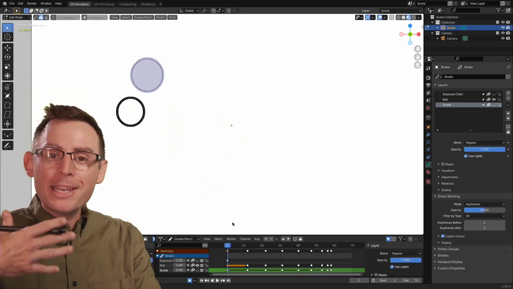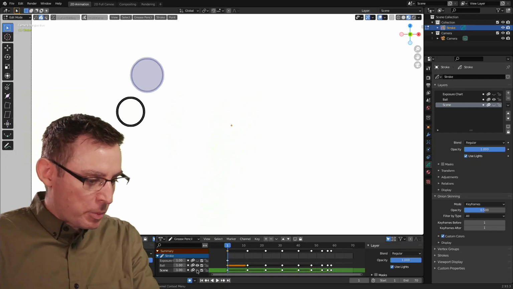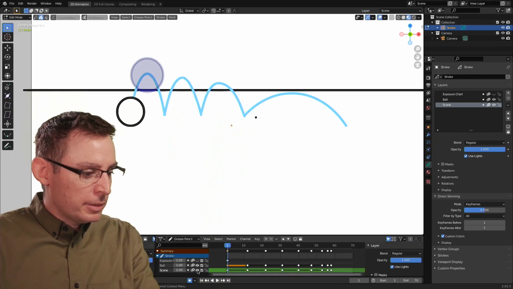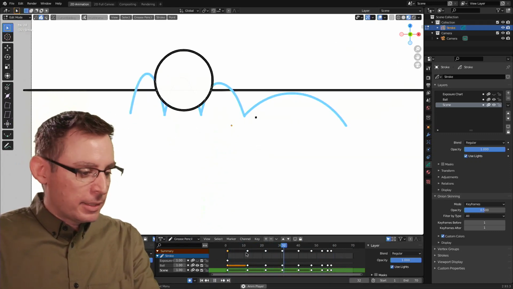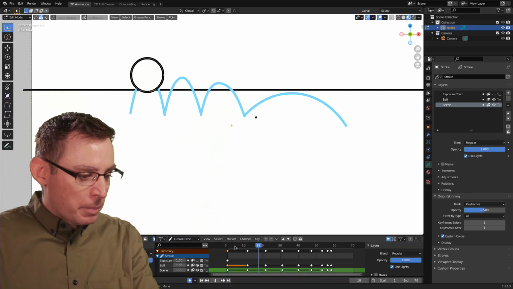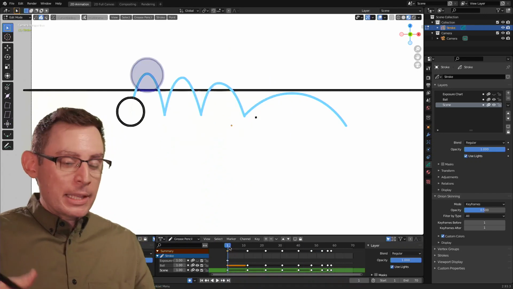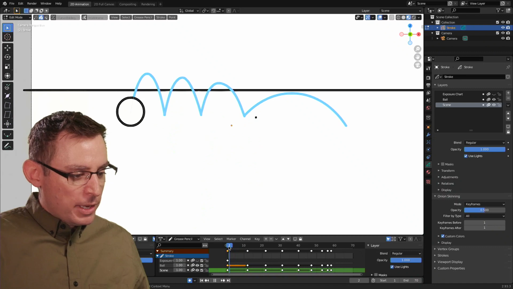And now I have a nice, clean work environment. I'm happy with this. I can turn my set on. Things are looking good. Can play my animation. I have the exact same thing of what I had before, but now it's just organized a little bit better. Okay, now with that in mind, let's go in and start adding that squash and stretch. And there's a couple things in here that's going to help me.